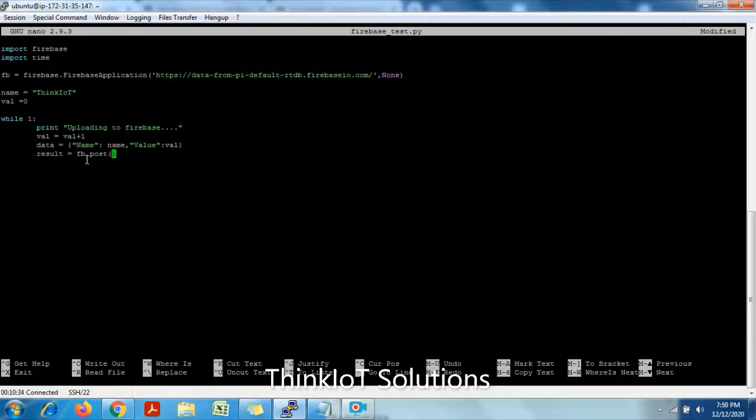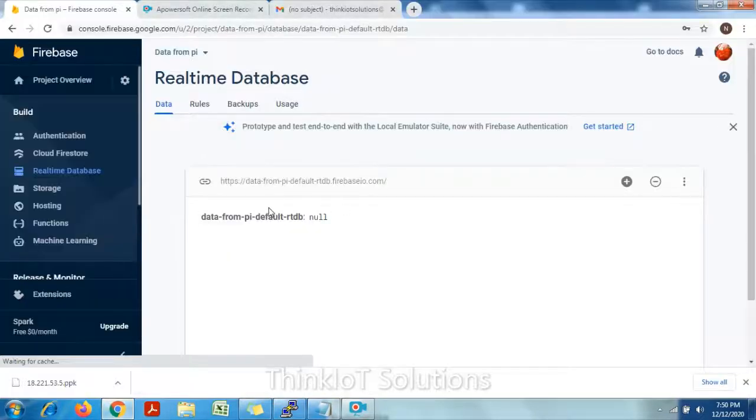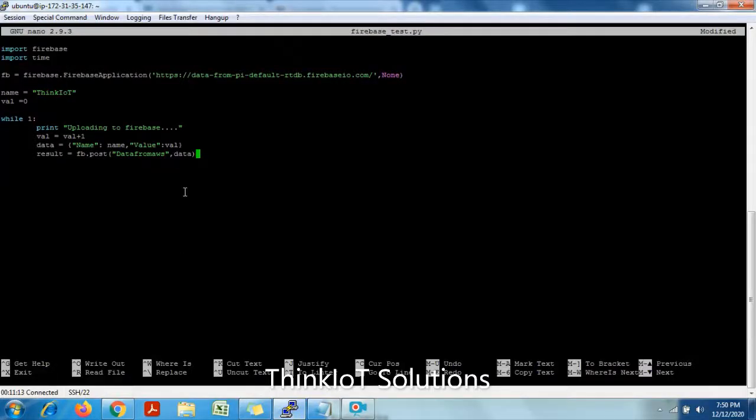The first field is the name you want to pass. So I will say here data from AWS. So this is the parent name, comma, followed by the data I want to send. You will understand what this data name is if you look here. This is now the parent name in which there is a null, right? In this field, first it will display data from Pi, and in that it will display my information here. Okay, so I have given the information, enter.